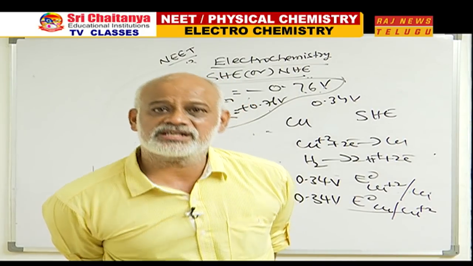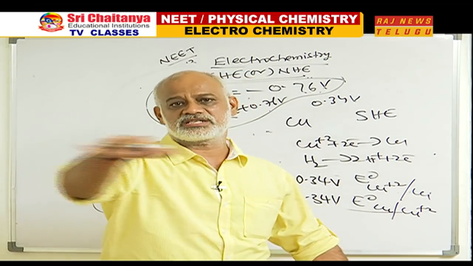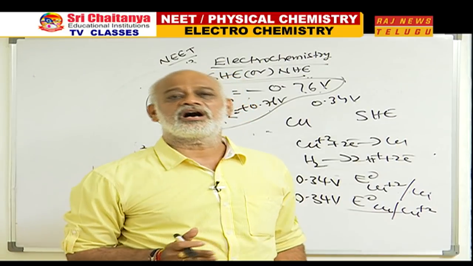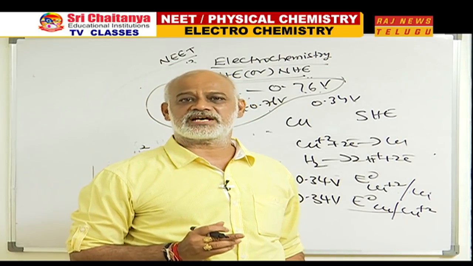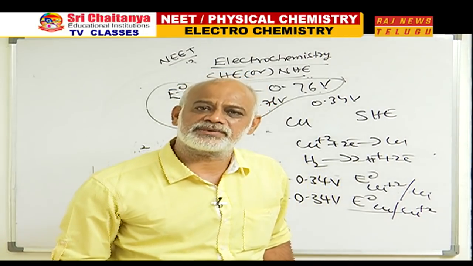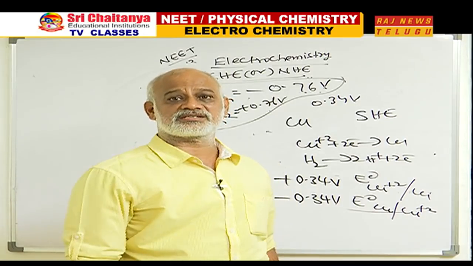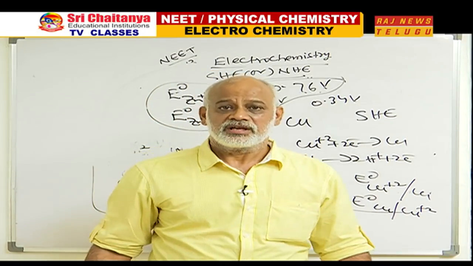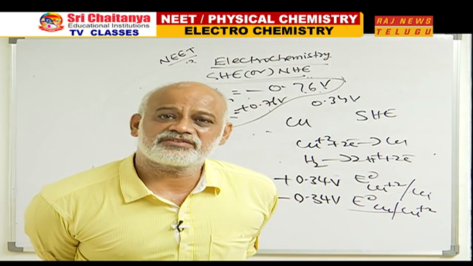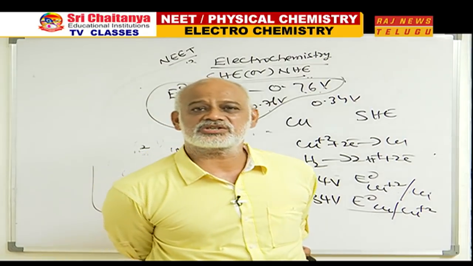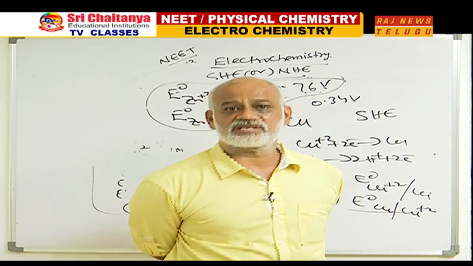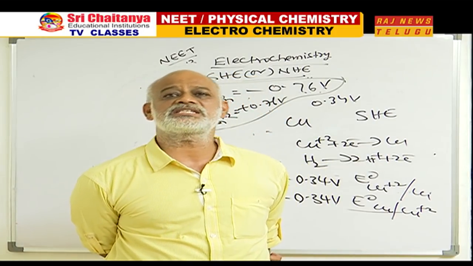In this electrochemical series, let us say hydrogen is in the middle, not exactly middle. Above hydrogen, all electrodes with positive SRPs are present. Below hydrogen, all electrodes with negative SRPs are present. Such a series in which electrodes are written in the decreasing order of their SRP values is called an electrochemical series, which is also called activity series.